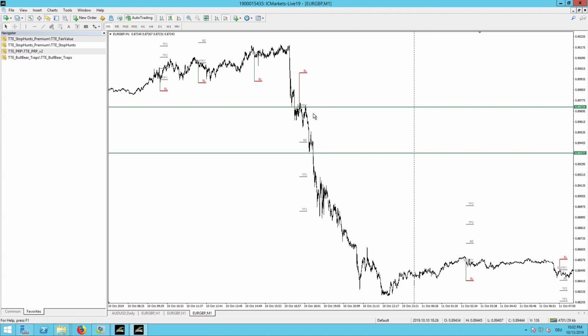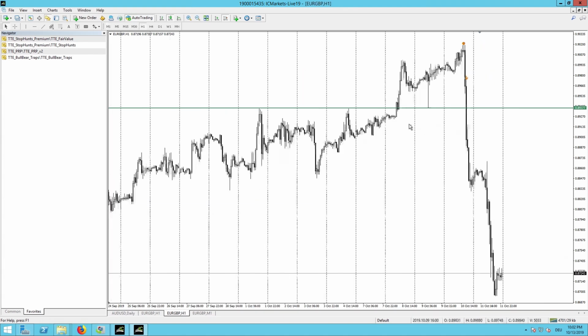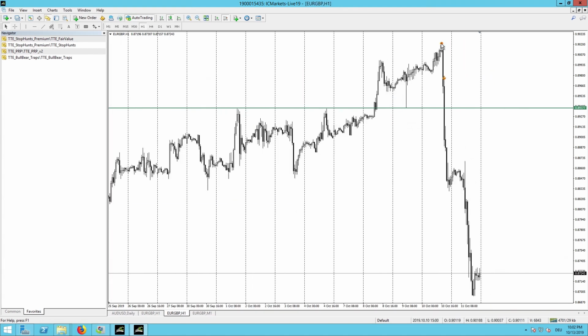So this was still not enough for me. I wanted to get in up here, or let's put it back here. I wanted to get in where this little dot appears later on. And